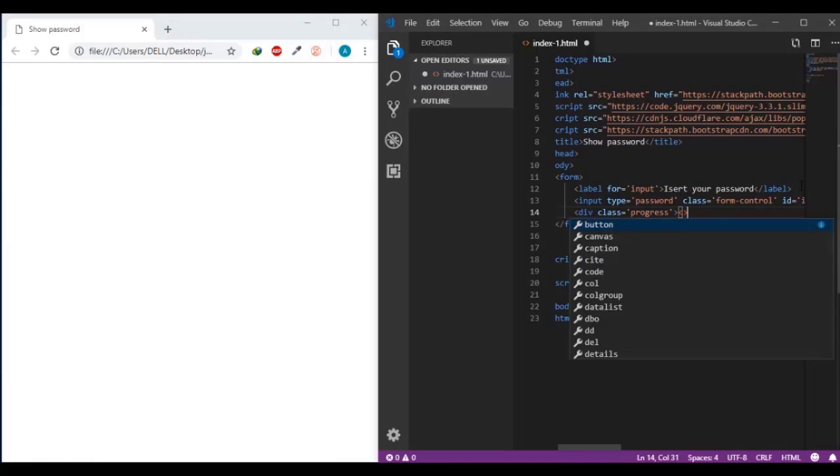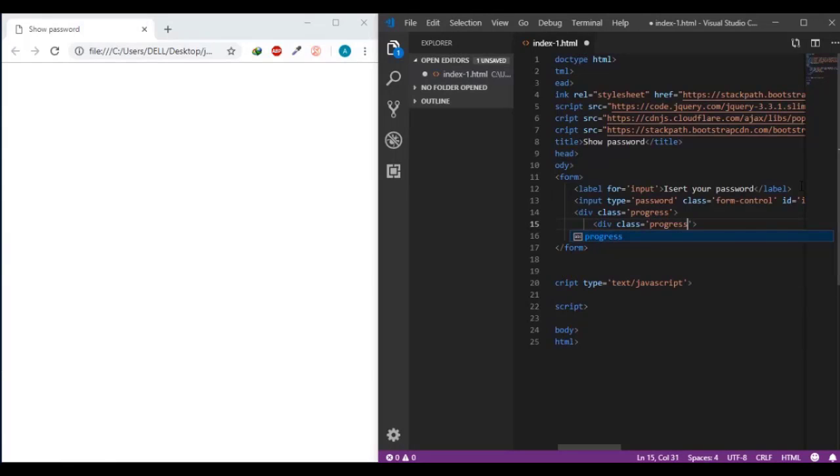So, and here is the progress bar, give it a class equal to progress-bar, and then give it an ID equal to progress,